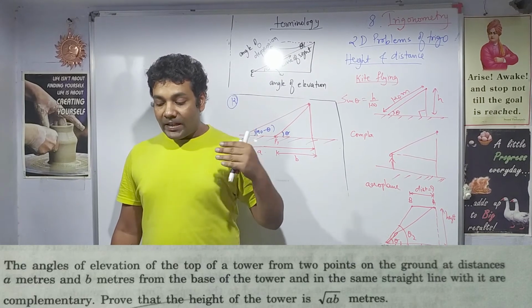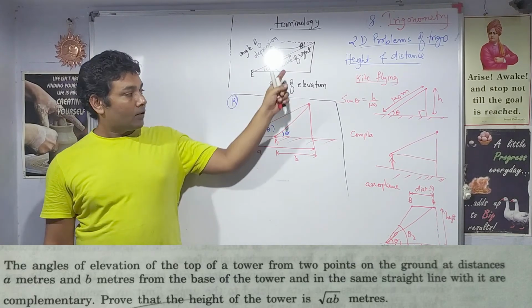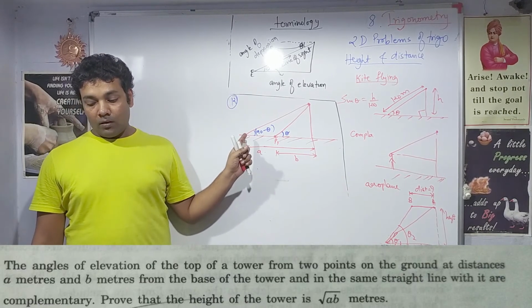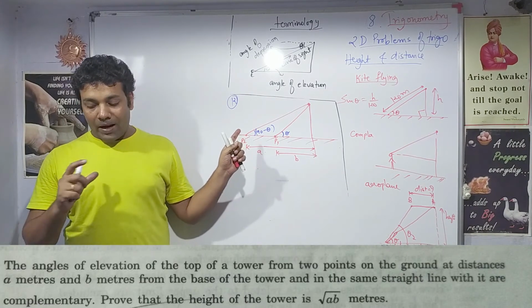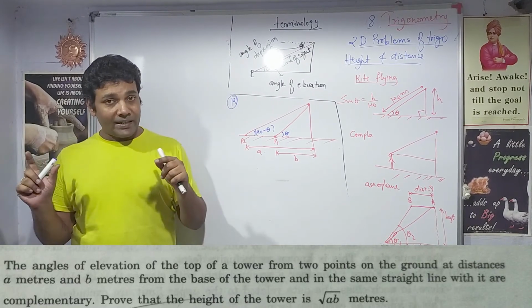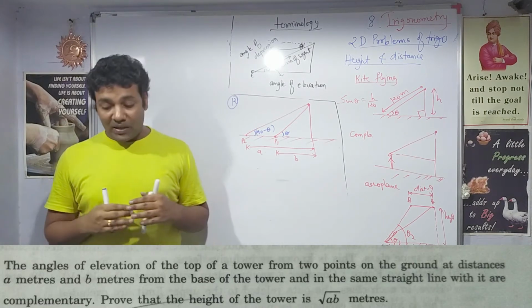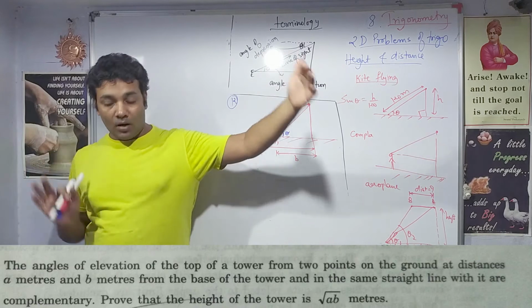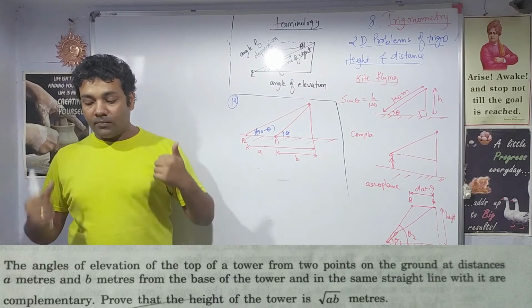The angle of elevation of the top of a tower from two points on the ground. So here the English used is quite tricky, they have made one long sentence instead of making two small sentences. See how they have increased the complexity. Till now the question was in parts. Now this is one full sentence and we have to identify the data.